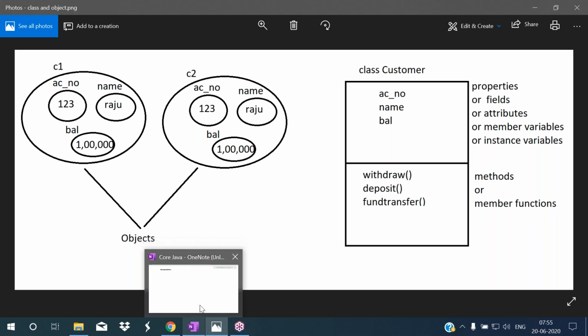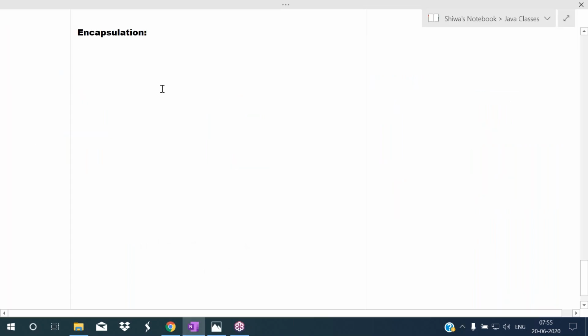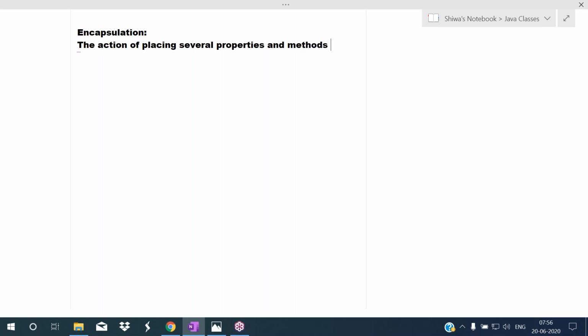So when you are defining a class, that is encapsulation. The action of placing several properties and methods in one container is called encapsulation.